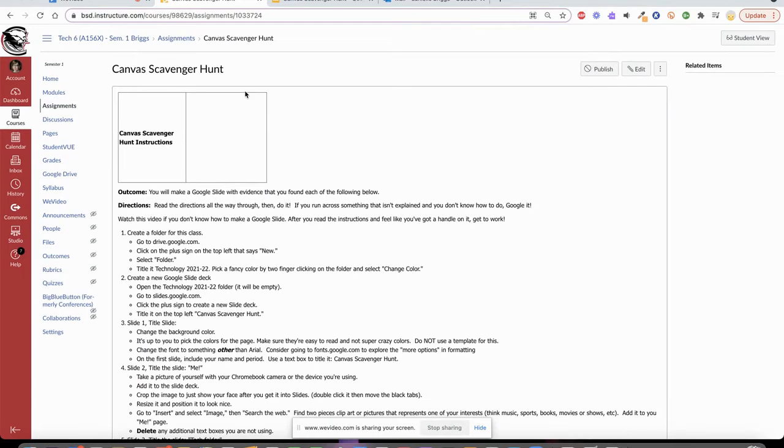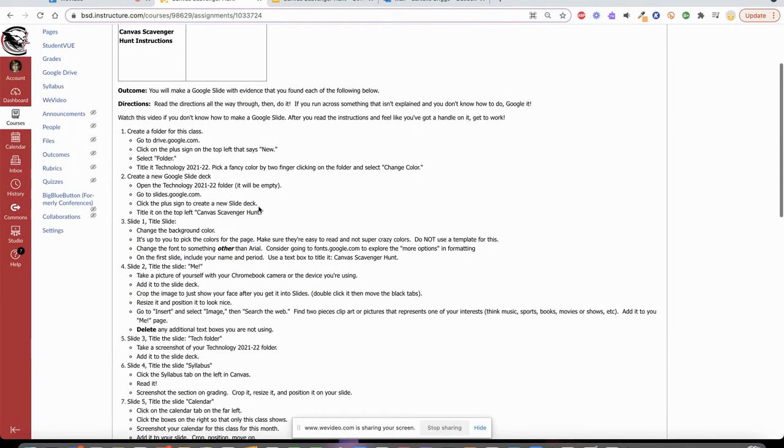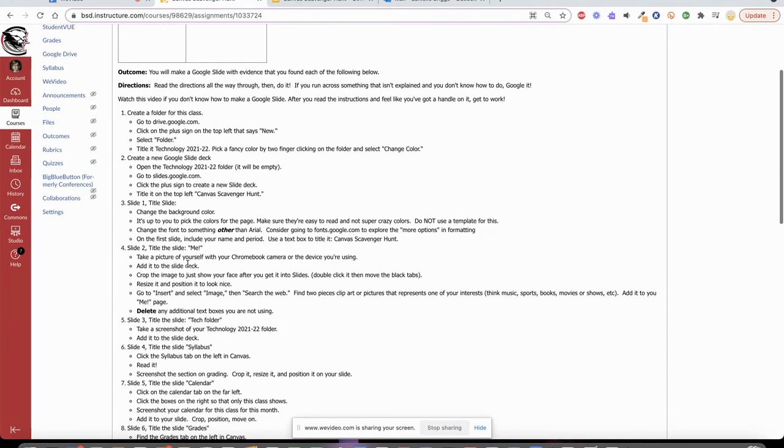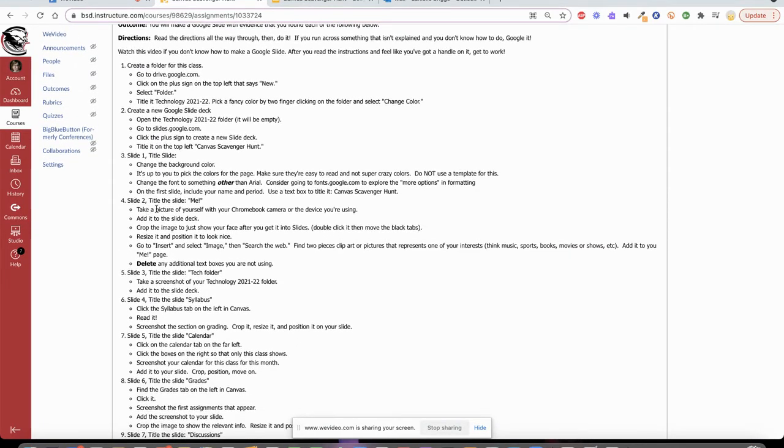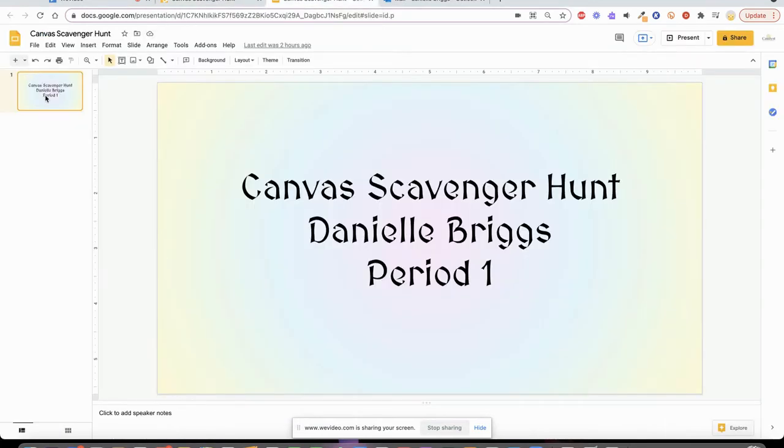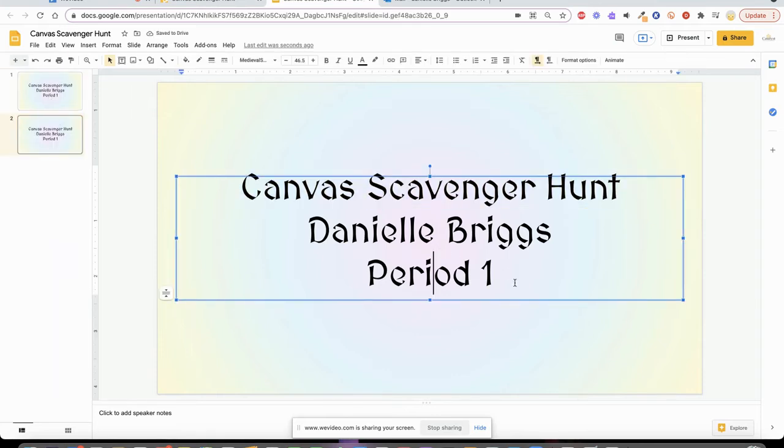We are going to go back now to the modules to see the instructions and what we need to do next. So we've completed the title slide, and we're going to move on to slide number 2, which is Me. So the first thing I'm going to do is copy this slide by clicking on it on the left, Control C, Control V, and then I'm going to title this one Me,